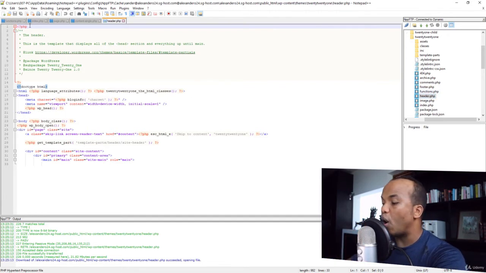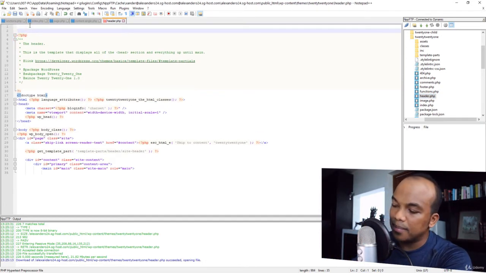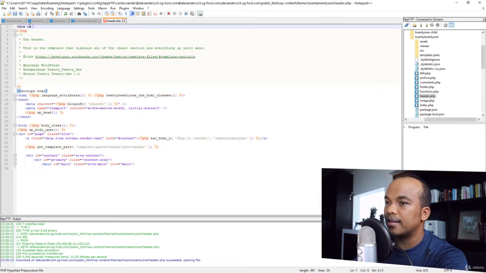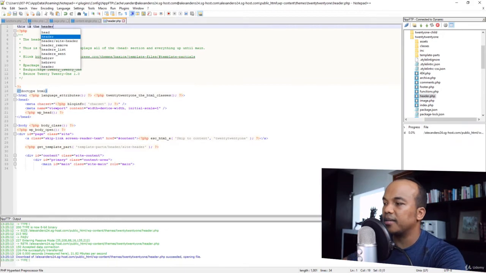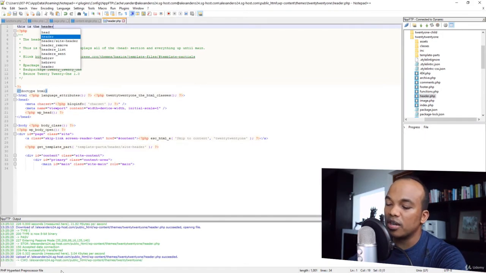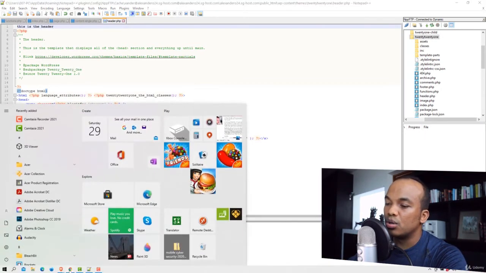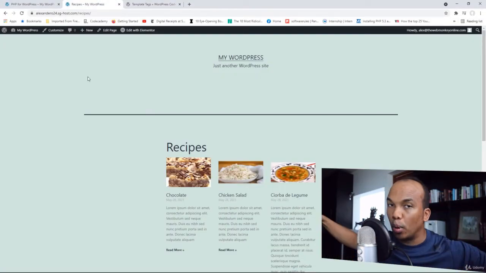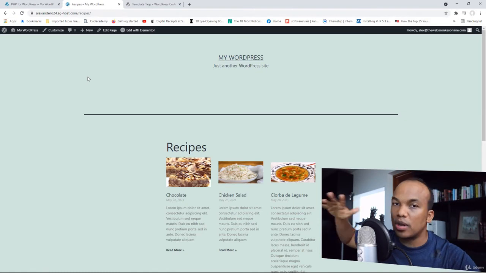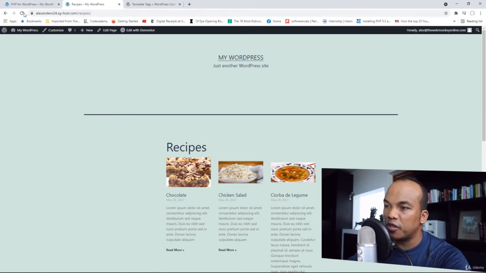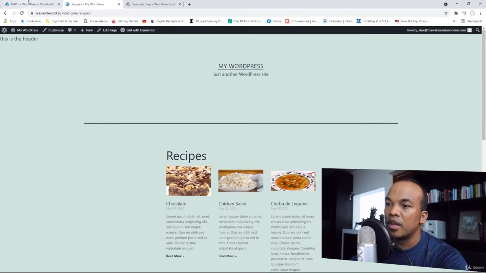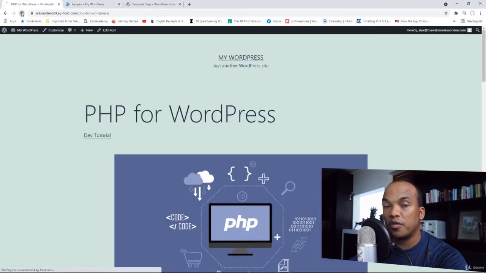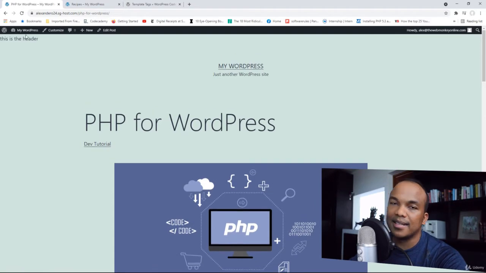Now, if I was to go up here and I did the same thing and I said, this is the header, and I save this file, as you can imagine, if I was to go back to my page, now because the header is global, the header is on every page, on every post. If I refresh this page right now, you can see right up there, it says this is the header. If I was to go to my post and I refresh, it also says this is the header